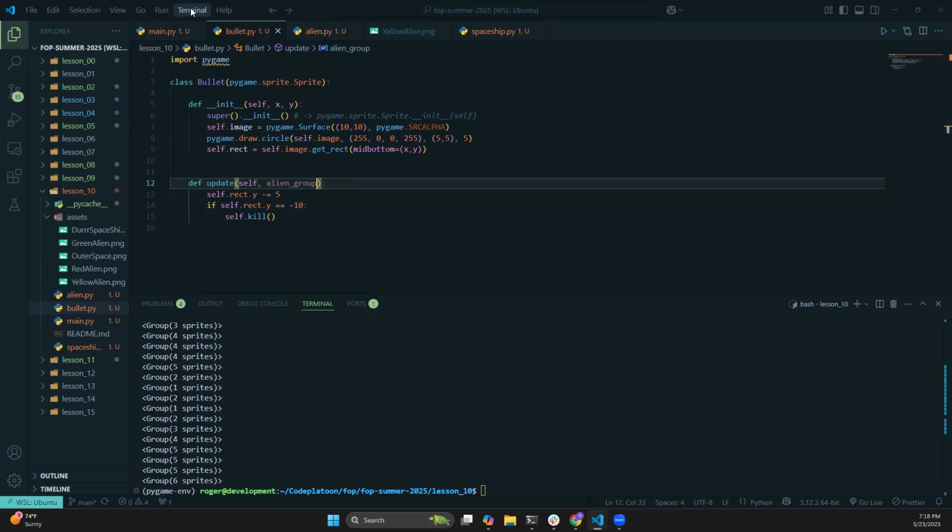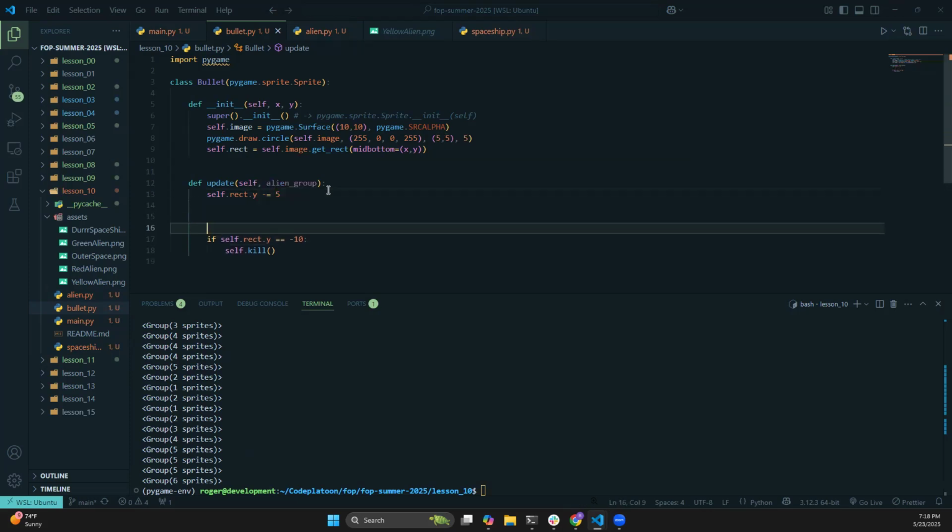So the way that we're gonna do this is when our bullets are flying and we're updating them, we want to check the bullets to see if any of them have made contact with anything inside the alien group. So we're gonna pass in the alien group here as an argument. And what we're also going to do is check if they collided or not. Now, how we do that is by a very simple command. Between the movement of the y-axis of our bullet and before the kill method, we're going to say pygame.sprite.collide